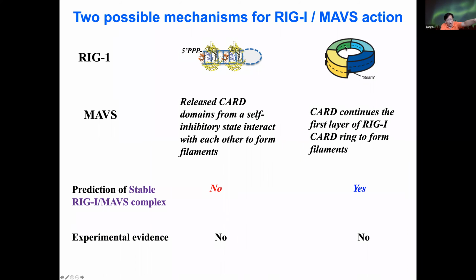This organization of the RIG-I matches with the C1 filament of MAVS, such that they would form a highly stable complex, which would predict that in the active form of MAVS, or really in the virus infected cells, we should see clear co-localization of RIG-I and MAVS. But